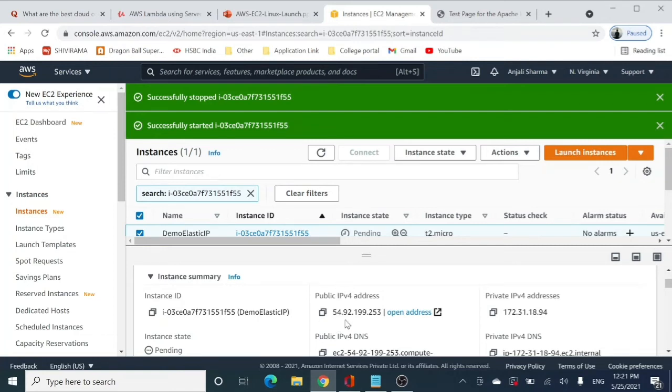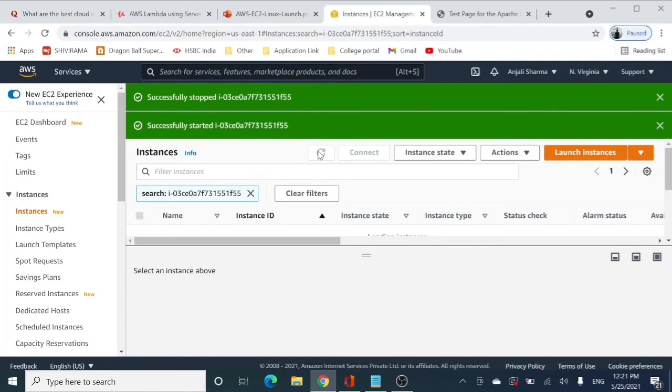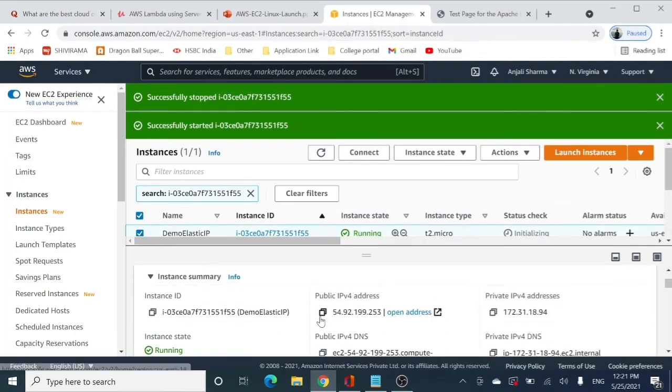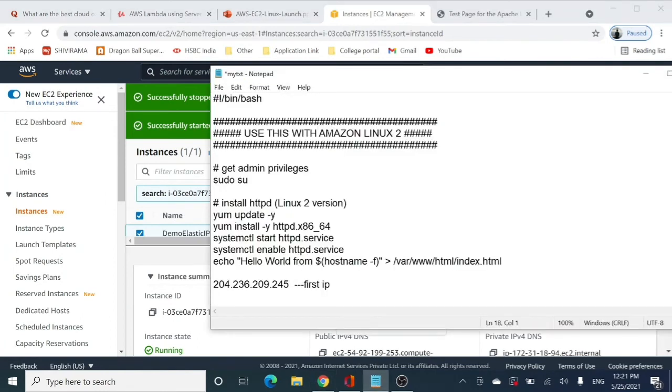I have again been assigned a new public IP address. If I copy it and paste it over here, this is my second IP, which I got when I restarted my instance, right?